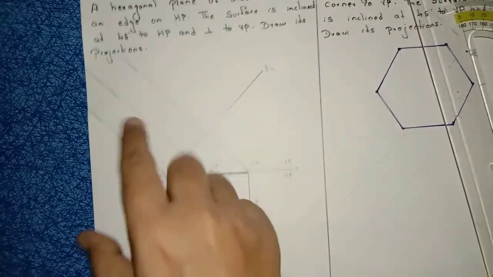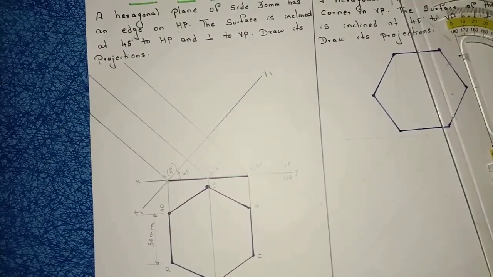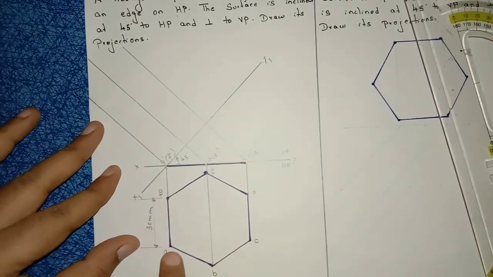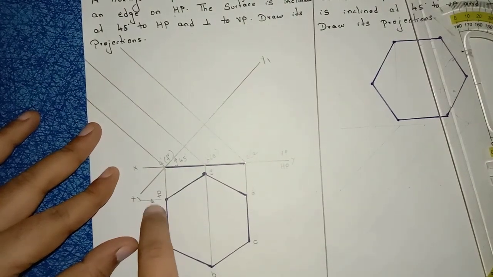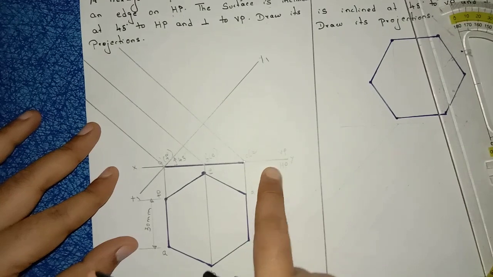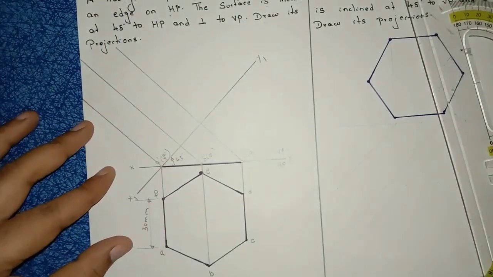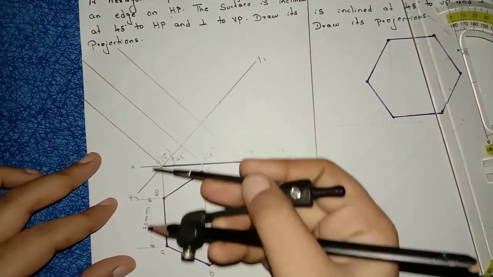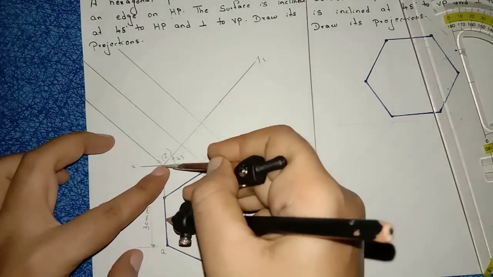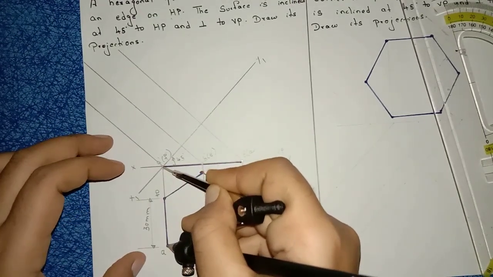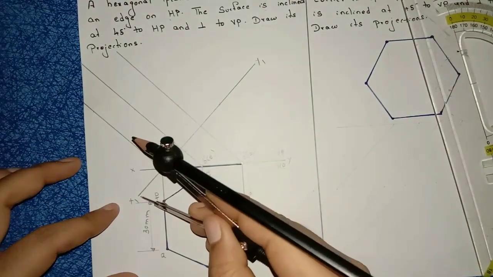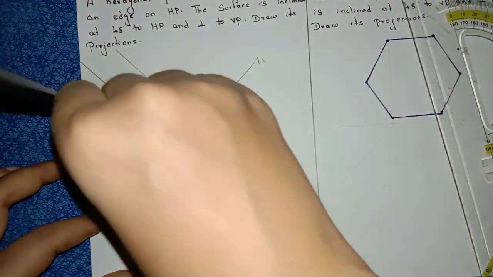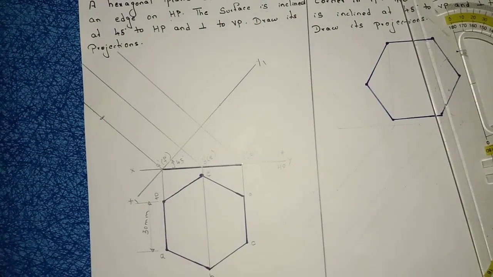Right? Now here also you are going to construct the hexagon. How will you construct the hexagon? We will take the distances of every point A, B, C, D, E, F from the reference line, and we will mark the distances from the new reference line. So let us see. See, this is the actual reference line. Right? So I am placing my compass on the actual reference line. I am taking the distance A. Okay, now I will keep the compass on the new reference line from A point. I will mark the point. Right? This is point A.